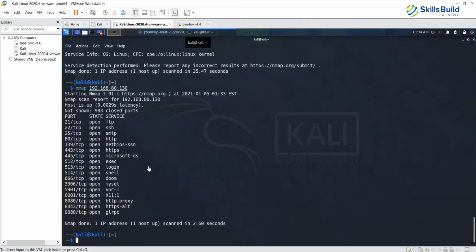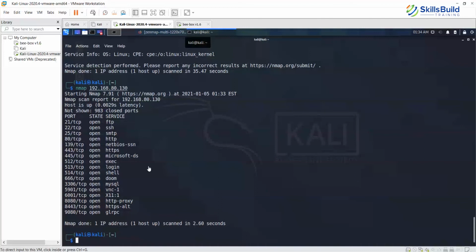So this is one reason why you see port 21, 22, 25, 80, 139 and so on. There are about 12, 14 ports that are open, and some of them, something like port 21, is a pretty much vulnerable port and it can be hacked pretty easily. And then there is port 80 also. Then there are a lot of other ports like directory services, then 512 for exec and 513 for login, 514 for shell. So a lot of these ports are open.